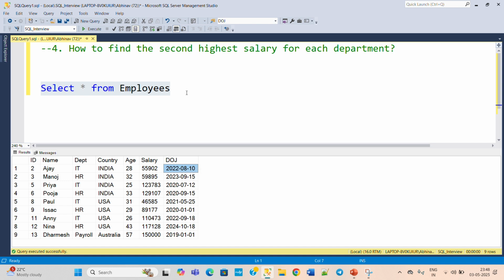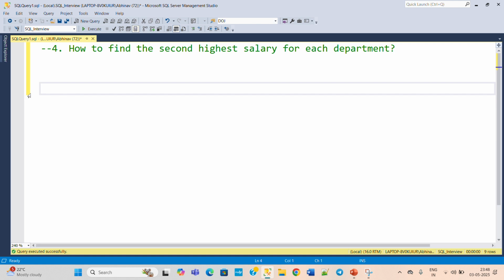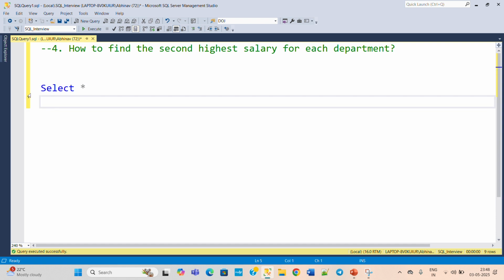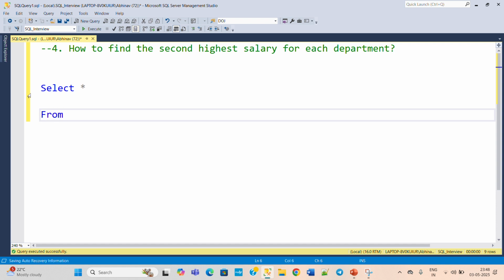Now what do we need? We need the second highest salary for each department. For this particular question we need a bit advanced concept like window functions. Here we will use dense rank, and according to the dense rank we will provide ranking to each of the salaries in descending order, and then we will find out the second highest salary from that output. So how to write the query? We will write this. So select star from employees table,